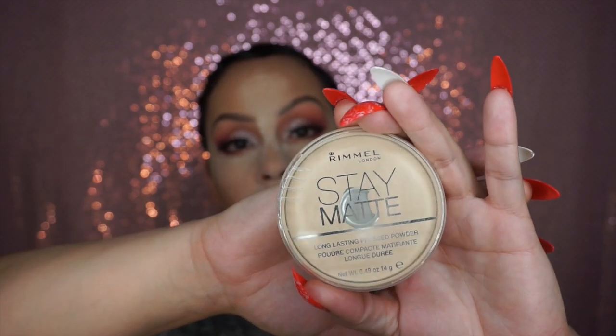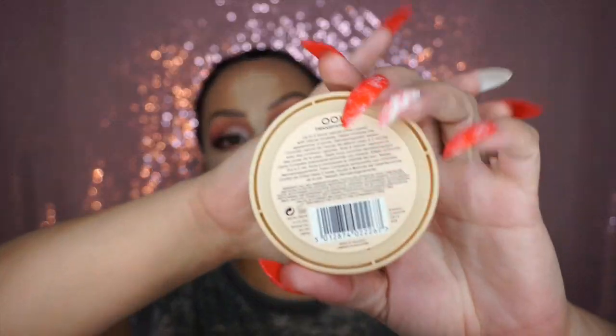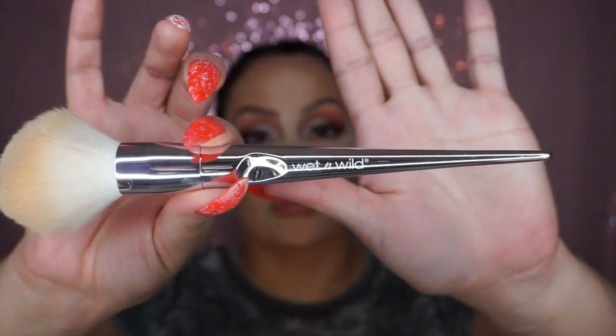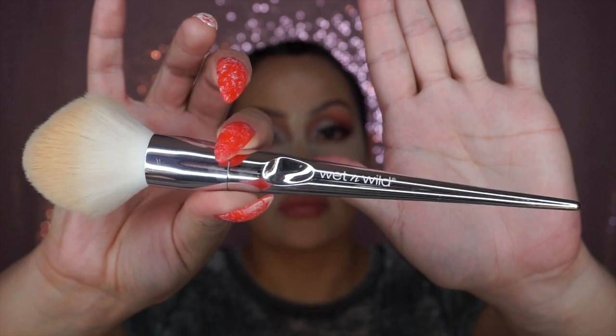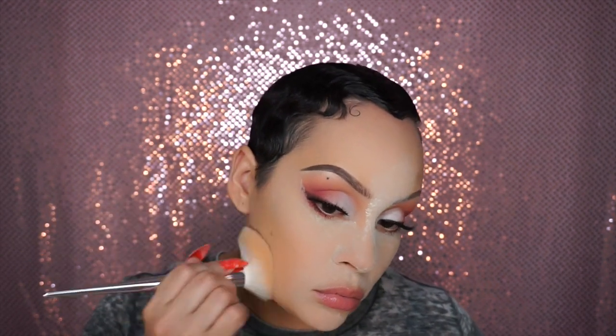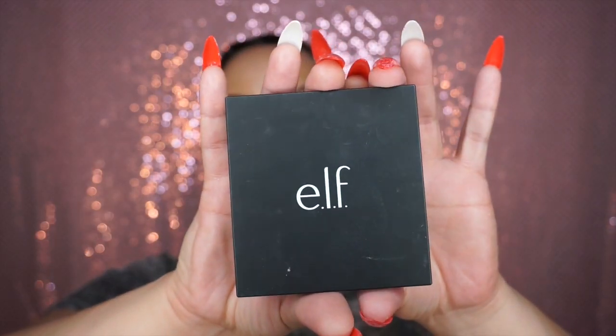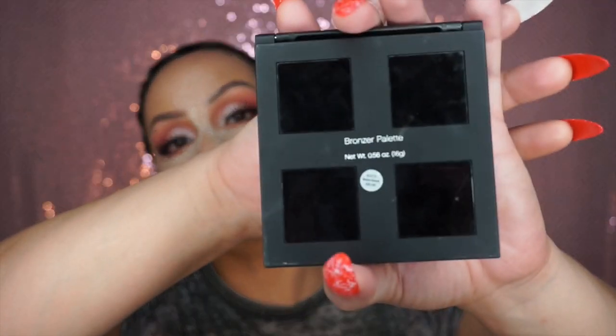To set the rest of my face, I'm going to go with my staple, my Stay Matte Translucent powder. Well, actually, this is transparent. This is by Rimmel. I'm going to use this Wet n Wild big powder brush, and this came in a set like 2 years back. I'm just going to apply all of that powder. Don't forget your neck because you don't want any flashback. So get that on your neck too and move on to bringing the dimensions back to your